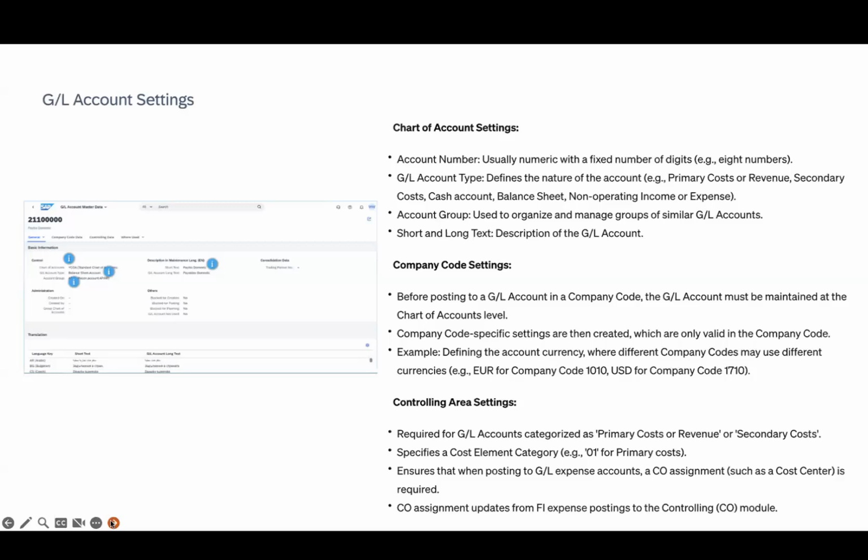That will help with the background postings for profit and loss calculation, which occur automatically in the background. So we want to define that as a balance sheet account, a cash account. It can be a primary cost or revenue account, could be a secondary costs account, and a range of other accounts there. So an expense account, when the system finds out that it is,